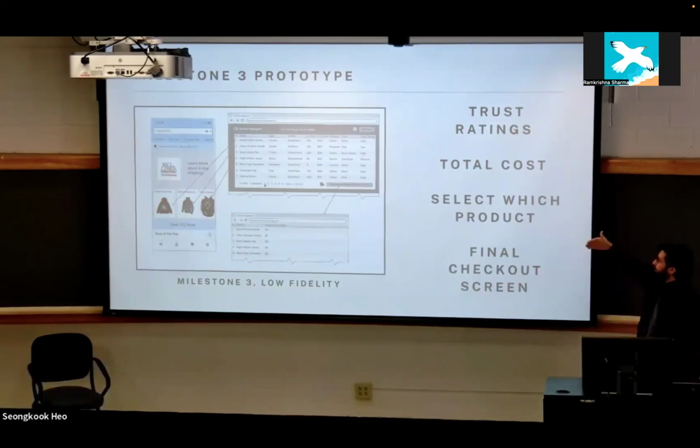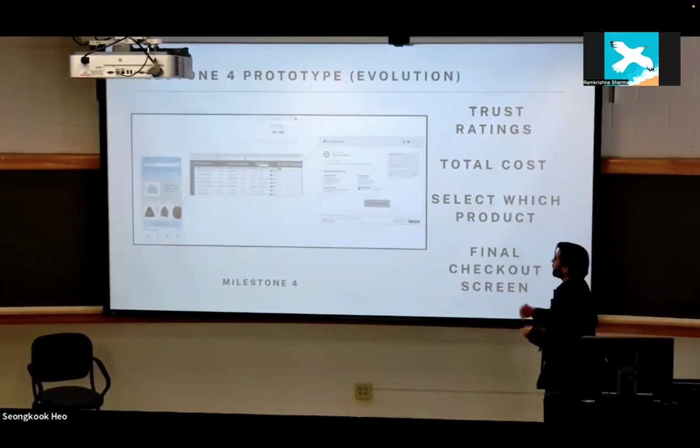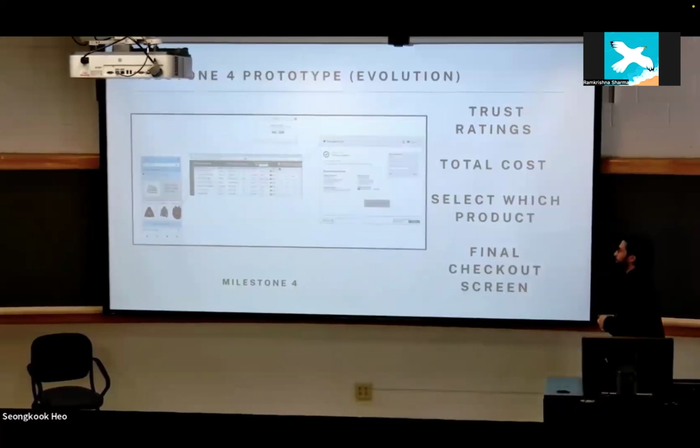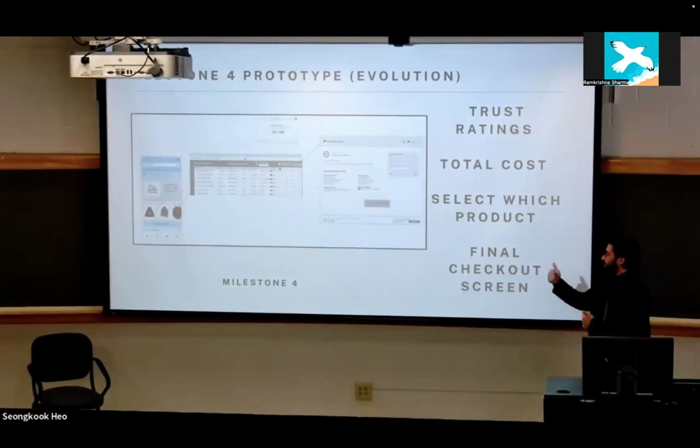You would want to be able to select which product you would want of the aggregation of products you see here. And then you want a final checkout screen. And so I evolved the design in relation to the feedback. And you see a final checkout screen here. You see the color coded trustability rating, the ability to add a product, which was also told to me,